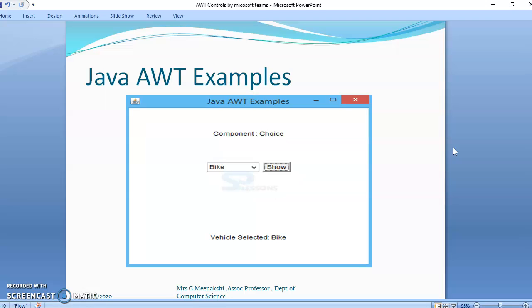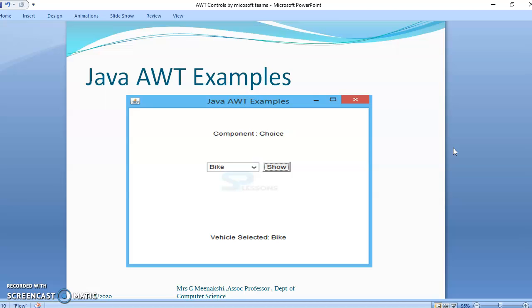Okay. Then one more example is choice, which falls under the category of a component. If you have 10 types and want to choose any one from them, you use the component called choice, select that particular one, and click the button called show.